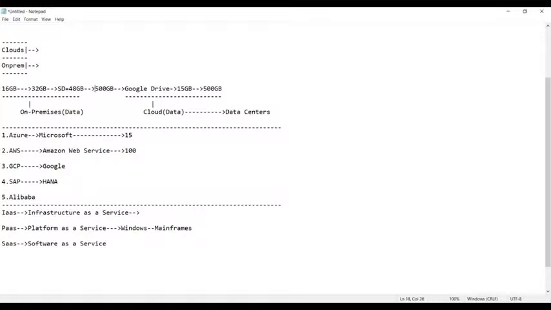Now the next one, suppose you require to store the data. Same as I told you in the example, I have some 48 GB of data now, and now I wanted to extend it to 500 TiB, that means terabyte, or PiB, that is petabyte. Okay, 500 petabyte data I want to store.